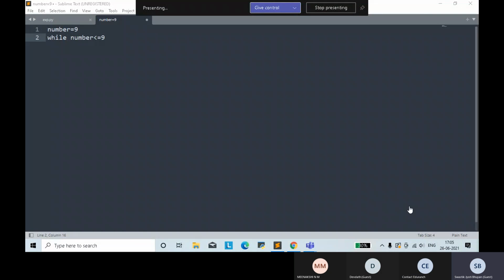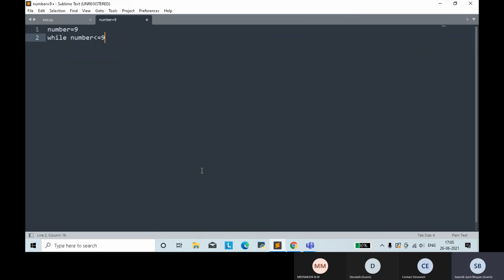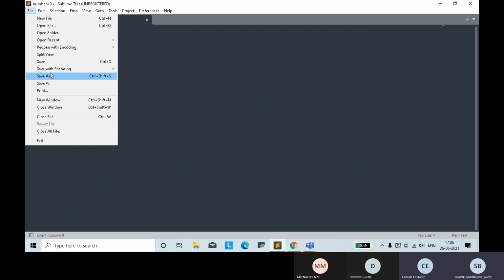Sir, here I was stuck. Go ahead. Sir, here. Yes, a colon. Enter. If you don't create a python.py file, then why are you removing? Everything's correct. Why are you removing?